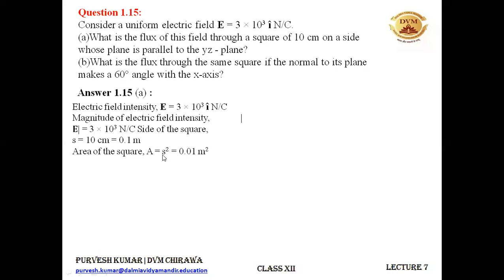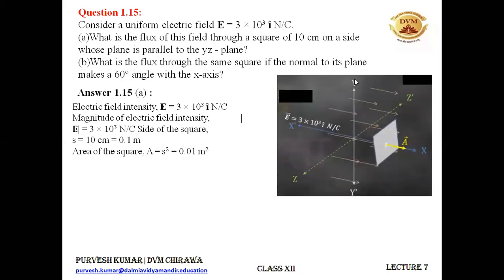All right. Let's draw the diagram first and try to see the situation. So this is our situation. Electric field is acting along the x-axis. You can see this x-axis marked in blue color, it is your electric field. And this is our plane. It is parallel to the YZ plane. If some plane is parallel to the YZ plane, it means one side is parallel to the y-axis and the other side is parallel to the z-axis.